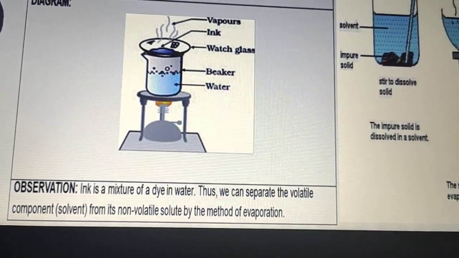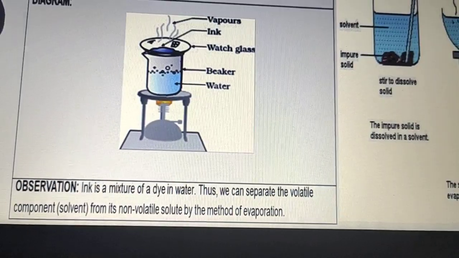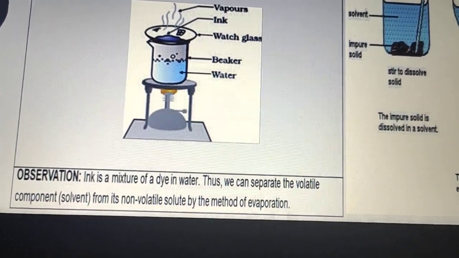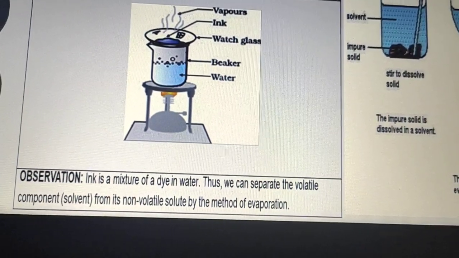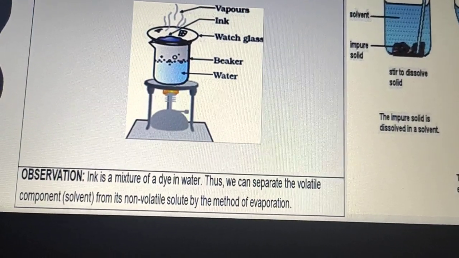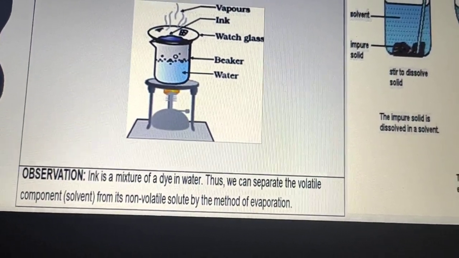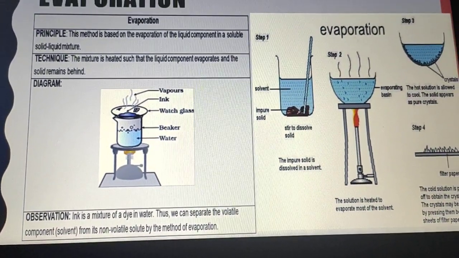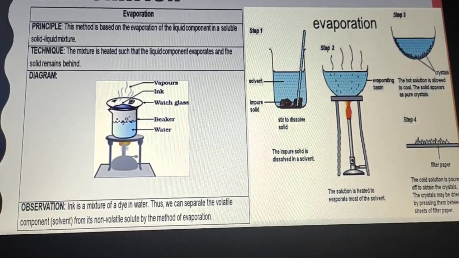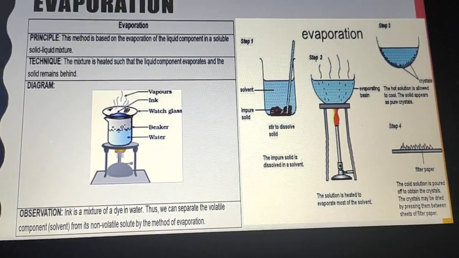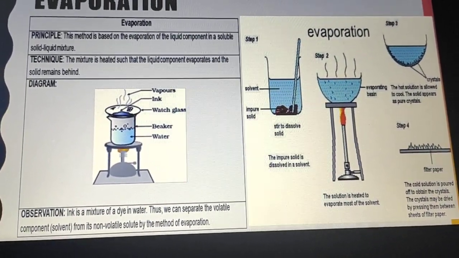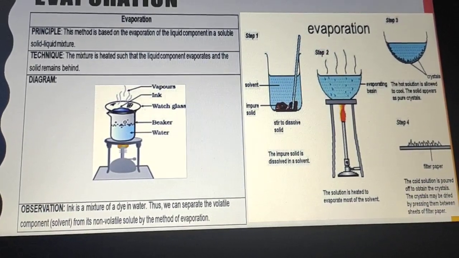So there is only one method, the evaporation method, that is used for the separation of components from a homogeneous mixture. Hope you know what a homogeneous mixture is. A homogeneous mixture is totally transparent in nature, and you cannot see the boundaries between the two components, the solvent and solute. So evaporation is one technique in the case of the salt solution, because the salt takes the spaces between the water molecules and it becomes homogeneous in nature. So evaporation is used for the separation of the two components, salt and water, from the salt solution.